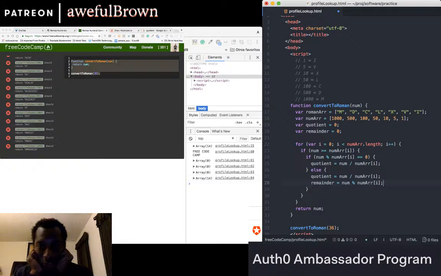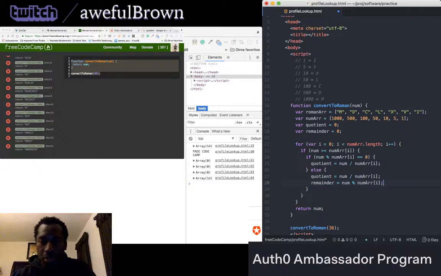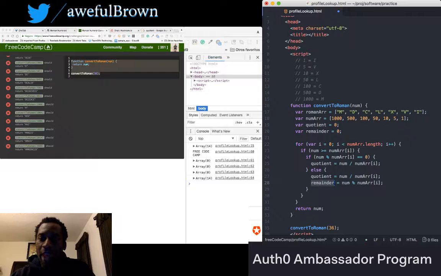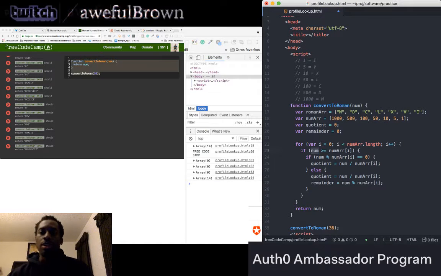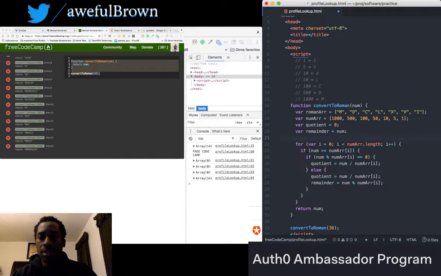Yeah. Okay. This is where it's going to get tricky, because now we have to basically take the remainder and put it back at the top. Right? Because it doesn't need to go through 0. Now it needs to go through 1. Right. So I'm thinking that instead of using num here, we need to use something else. I'm thinking remainder. I think if we set the remainder equal to num,